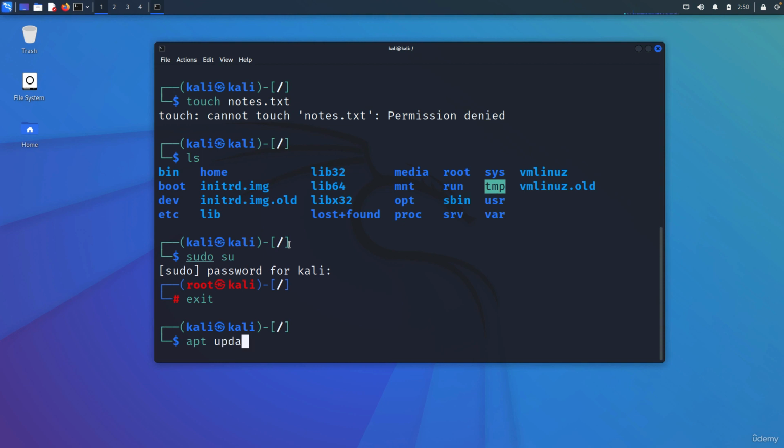So you can actually switch the users using su command or sudo su command, depending on the situation. For example, we're gonna see a command called apt update, apt install, which is the package manager of Linux. And you cannot even do that with the Kali user. You can either go sudo su and become root, or you can go sudo apt install or sudo apt update, which means run this command, but run this as an administrator or run this as a root user. Okay, it will again ask you for your password and you can give it and execute the command.